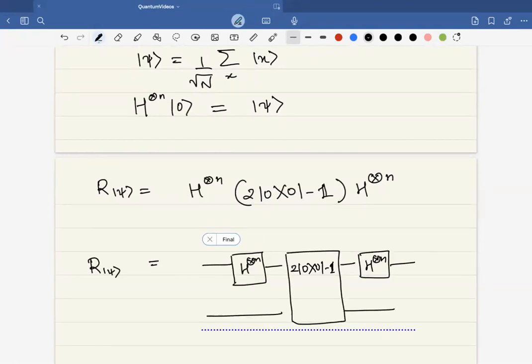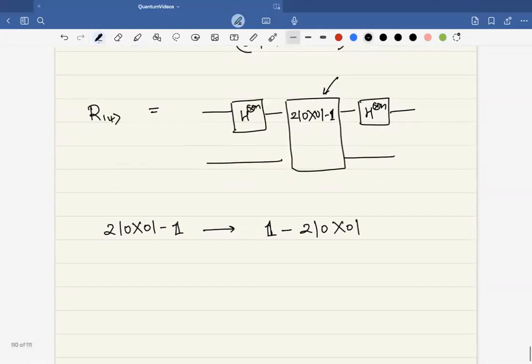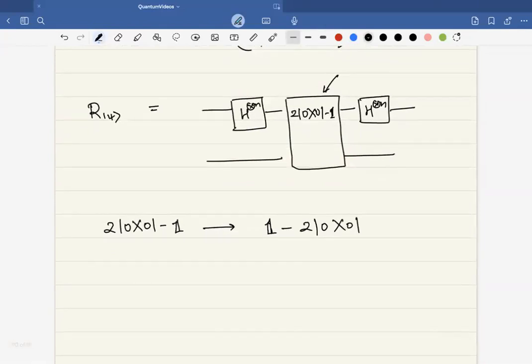But how do we implement this? That's pretty straightforward. Instead of this gate, we'll just implement the other one, right? Because the global phase doesn't matter. So how do we implement this? Well, the way to implement this circuit would be, again, to implement this controlled by 0, and then